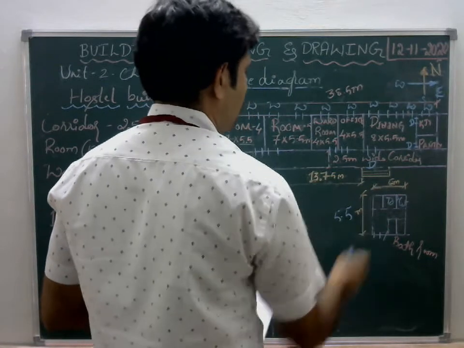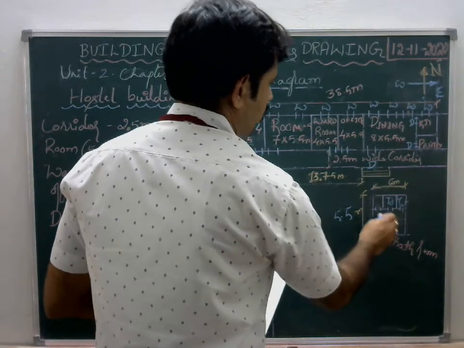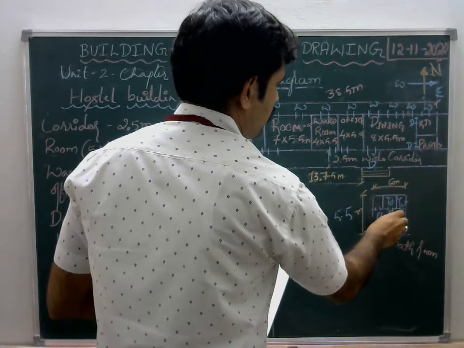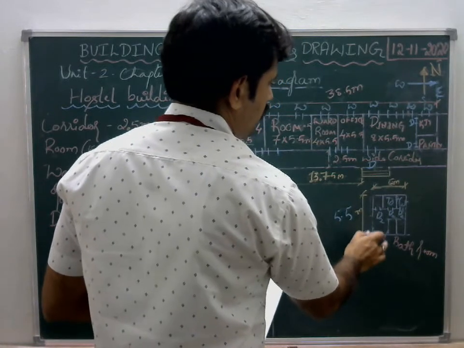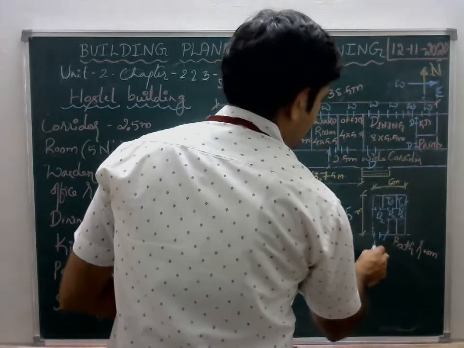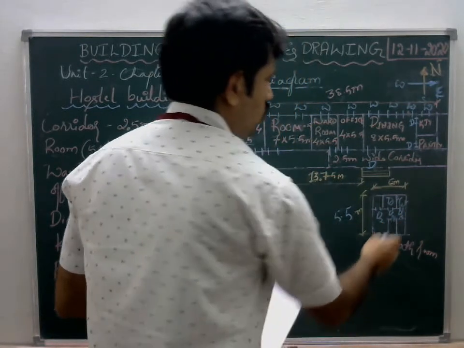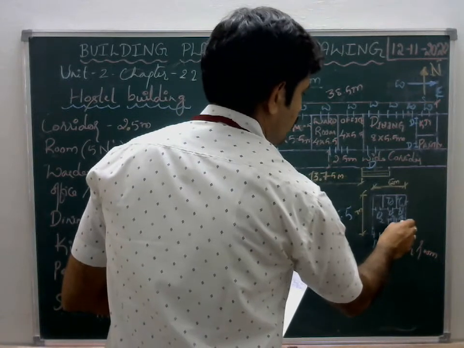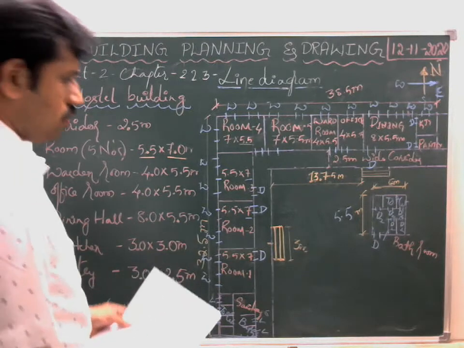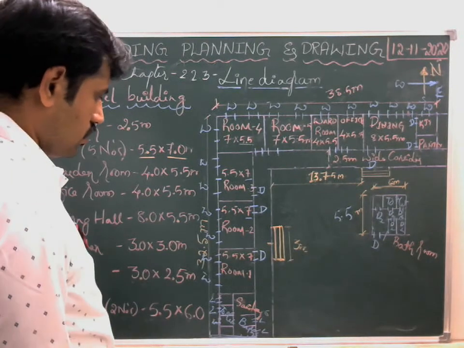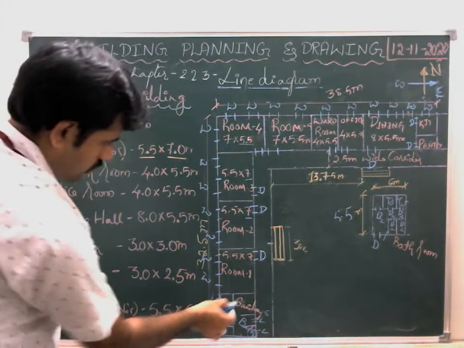This is a sanitary area, and then these are the doors. We are going to write this as D2. Why? Because the dimension is different. And this will be the same D. Here I am going to provide other doors, again I am going to call this D2 itself. Here also the same thing.